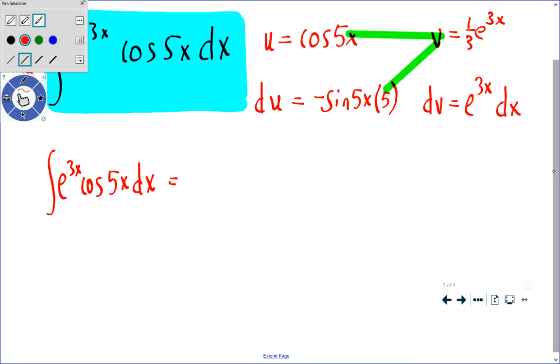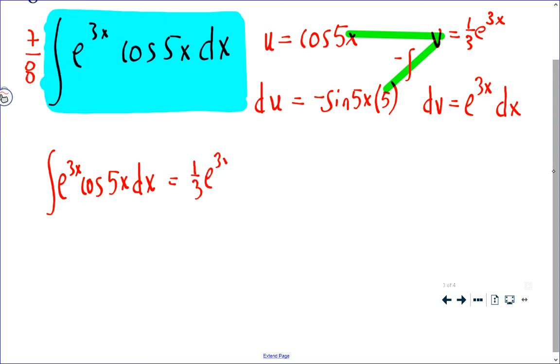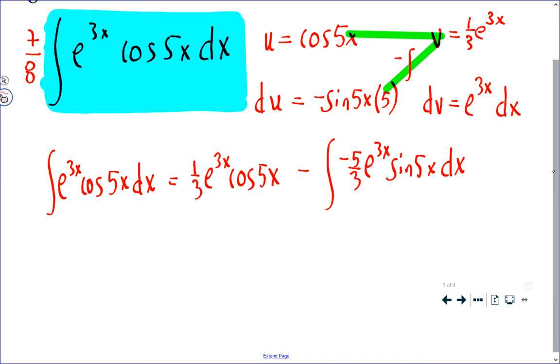So it's uv minus the integral of v du. uv would be 1/3 e to the 3x cosine of 5x, and then minus the integral of v du, which would be negative 5/3 e to the 3x sine 5x dx. And of course, I can factor that negative out of the integrand and write it in front as a